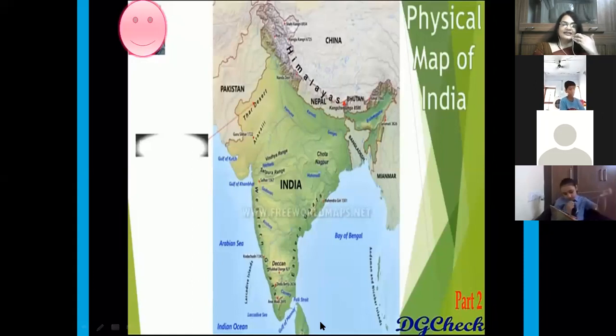India is lying entirely in the northern hemisphere, as the equator divides the earth into two hemispheres, that is northern and southern hemisphere.